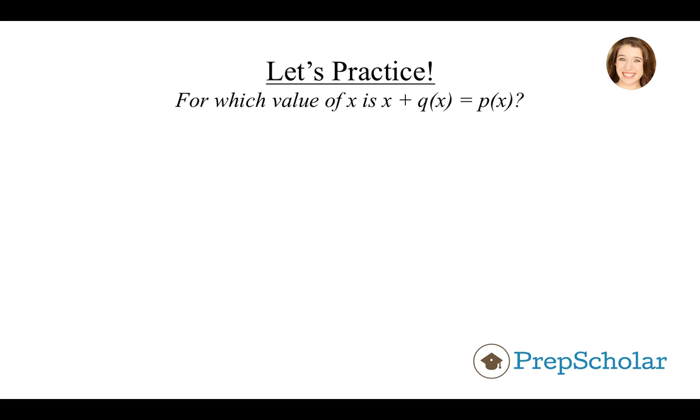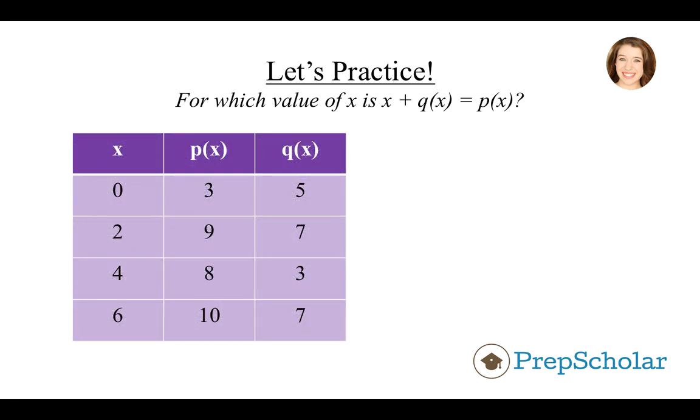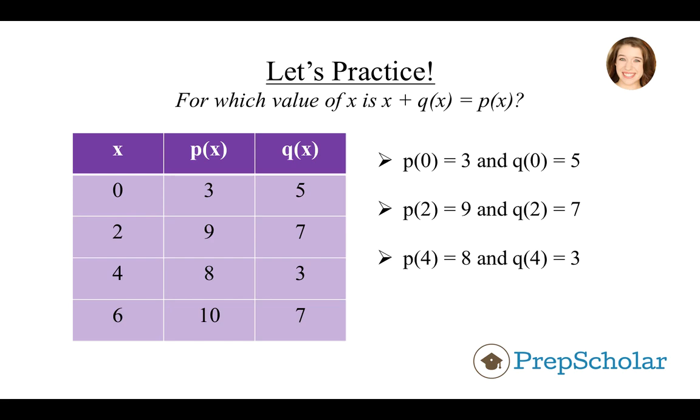For which value of x is x plus q of x equal to p of x? Okay, so we've got our table. Let's do first things first and translate this data. So if x is equal to 0, then p of 0 is equal to 3, q of 0 is equal to 5. If x equals 2, then p of 2 is equal to 9, and q of 2 is equal to 7. If x equals 4, then p of 4 is equal to 8, and q of 4 is equal to 3. Finally, if x is 6, then p of 6 is equal to 10, and q of 6 is